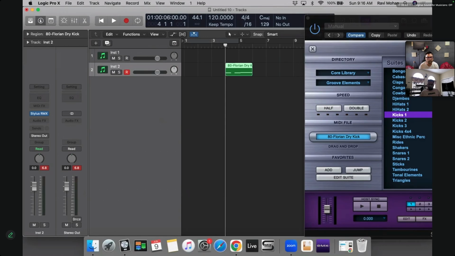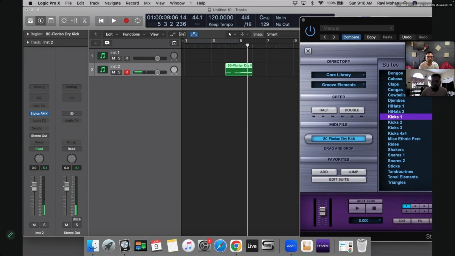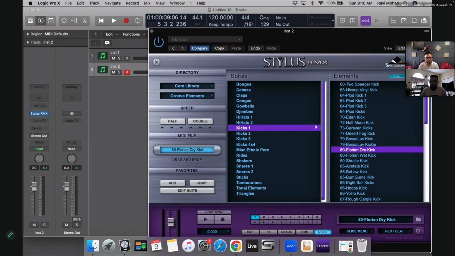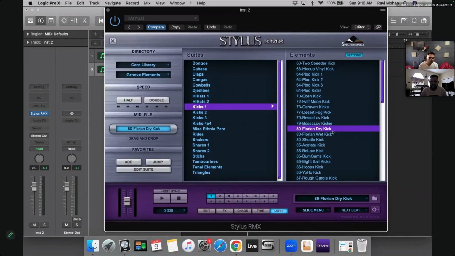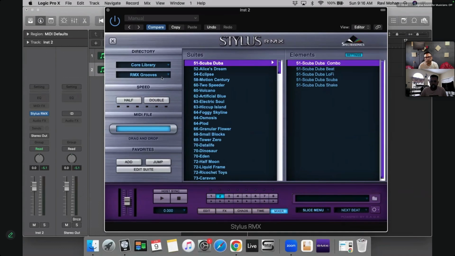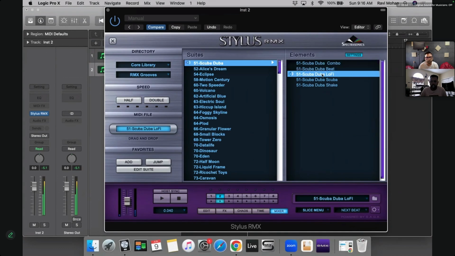So you see, this is the usual way. You can just get one loop that you like, you bounce it and you layer on top of it. But you can use this as a groove machine as well. So for this, let's say we like this loop and we like this idea. For this, we want to go with something else. Okay, now this is the second idea. Now with them together,